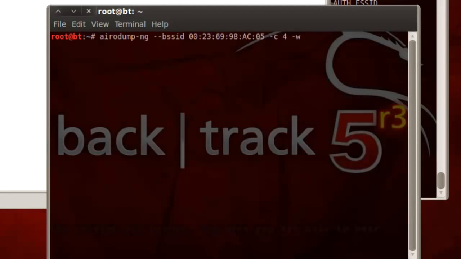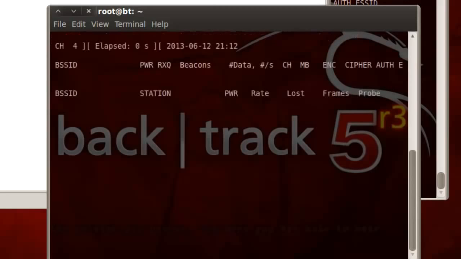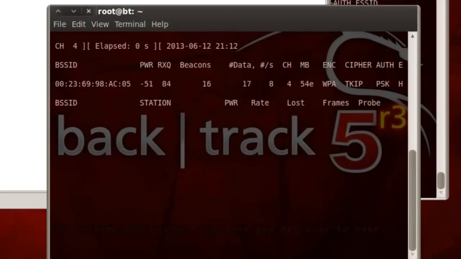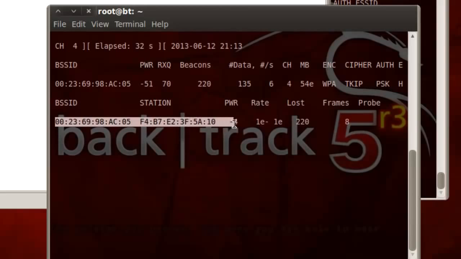We'll call it hack_wpa, all lowercase, on mon0. And here we go. We're scanning on channel 4 on that particular BSSID to see what clients are connected to it. And we see here now that we have one person that's connected.